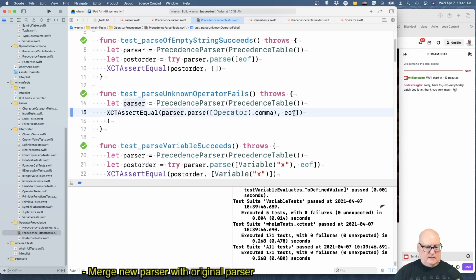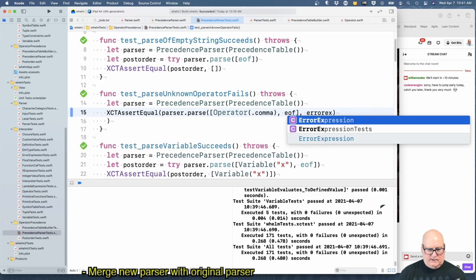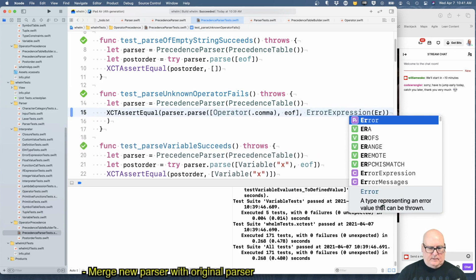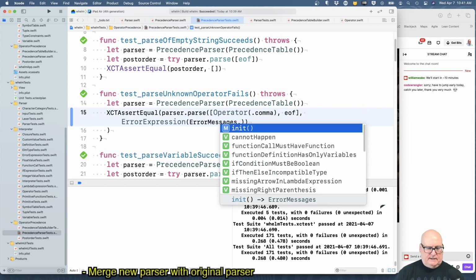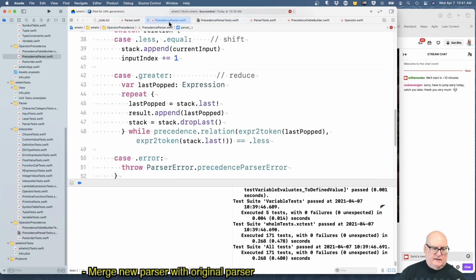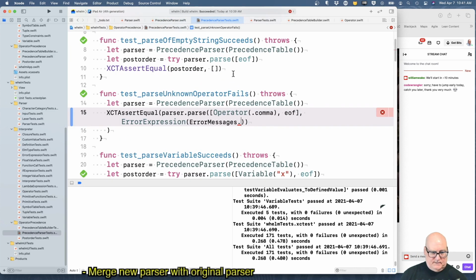Parser to parse, comma, and a file. I think that should be equal to an expression, no, what do we call it? Error expression, error messages dot, and the error is precedence parser error.